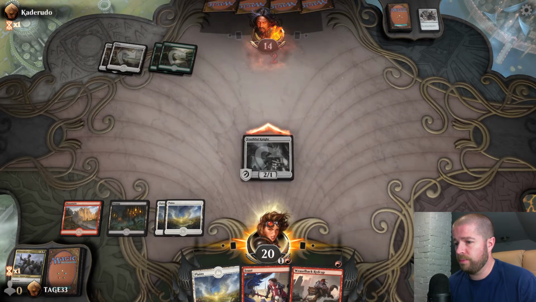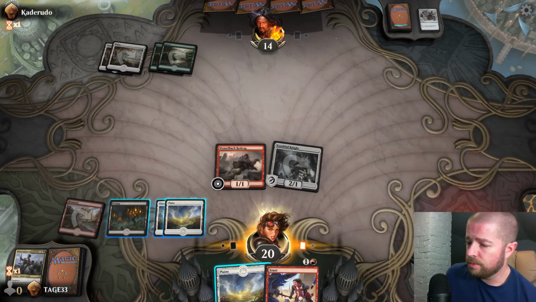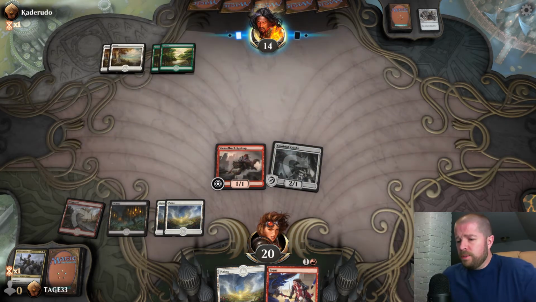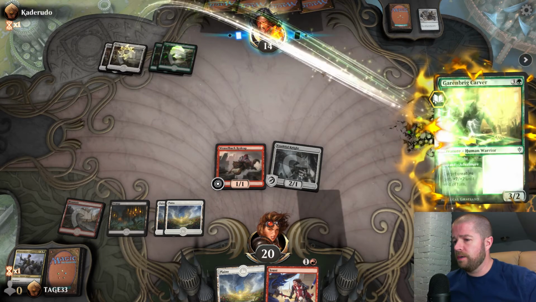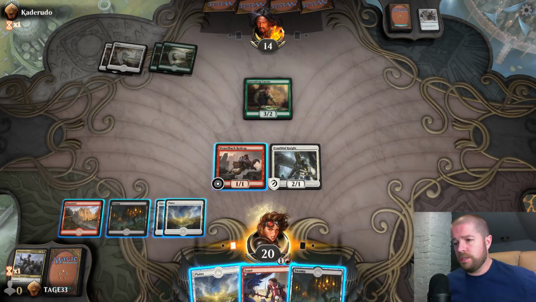So ping him with the Youthful Knight. Drop the Weaselback Red Cap, which is good. I'll keep this Plains in hand for now, because the Weaselback Red Cap, I can pump it on my next turn when I attack next and potentially get in for more damage. I could also just swing with the Youthful Knight. Garenbrig Carver cannot block it. So...